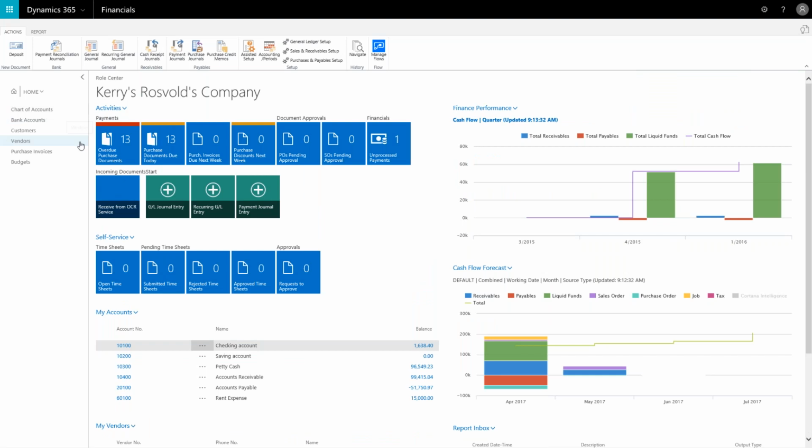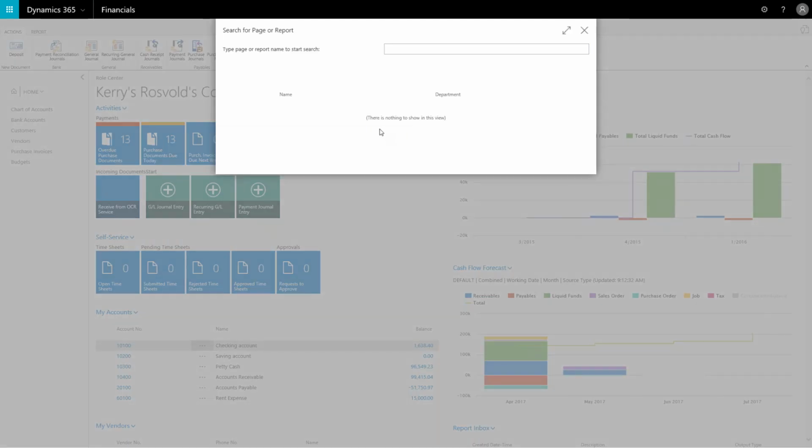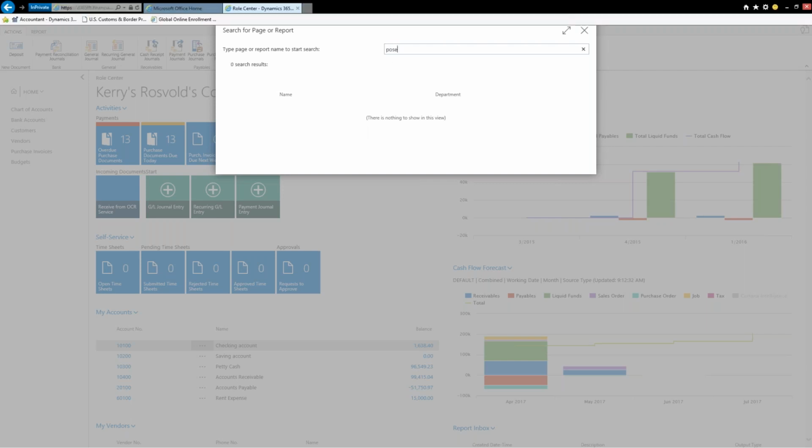So that is the Role Center for an accountant, but as I mentioned, as you change your Role Centers depending on the role that you do, you will get different views. The other thing is anywhere in the system, I can do some sort of emailing if I want. So if, for instance, I have a customer who is requesting a copy of an invoice,